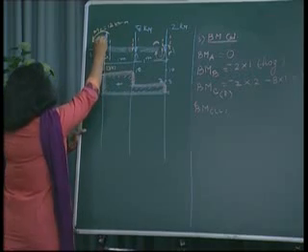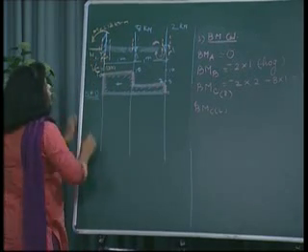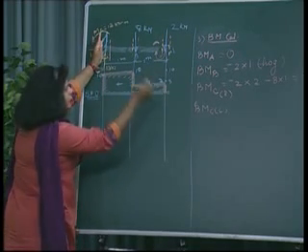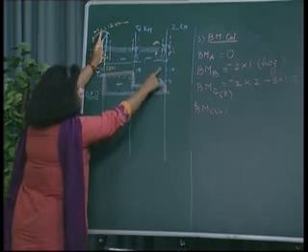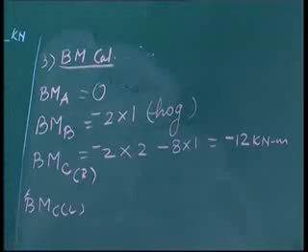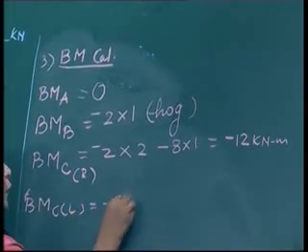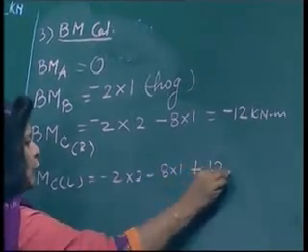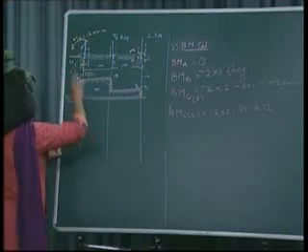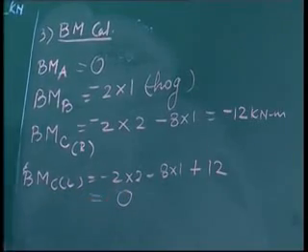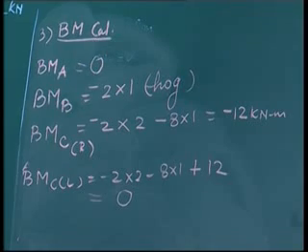Bending moment at point C just left. So, just left over here, what is acting over here? One couple. Okay. So, we have to put our hands and see on the right side. 2 kilonewton force will produce moment, 8 kilonewton force will produce moment, and couple moment is there. So, it will be minus 2 into 2, minus 8 into 1 and plus 12. Why plus 12? Because it will try to sag the beam. So, that is equal to 0. Okay? That is equal to 0. So, we have calculated our bending moment values.